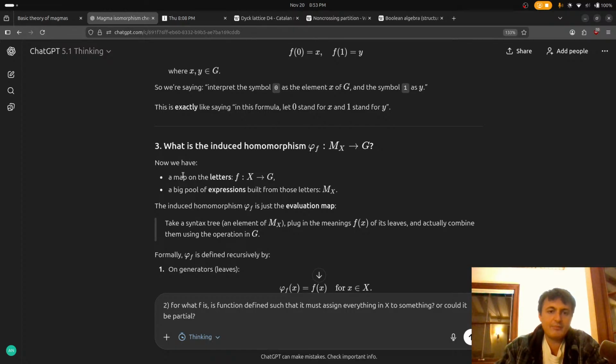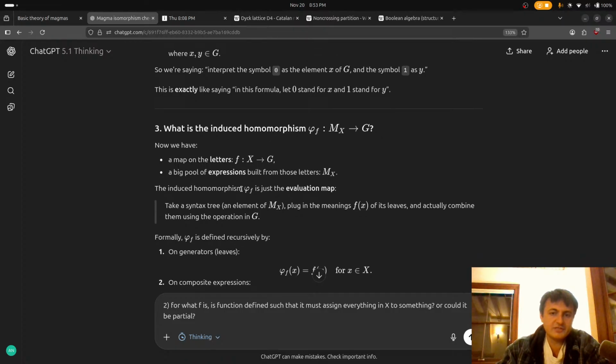Now we have a map on the letters, and we have a big pool of expressions that's infinite. The induced homomorphism is just the evaluation map: take a syntax tree, plug in the meanings f of x on its leaves, and actually combine them using the operator. Okay, dude, this is pedantic in my mind.